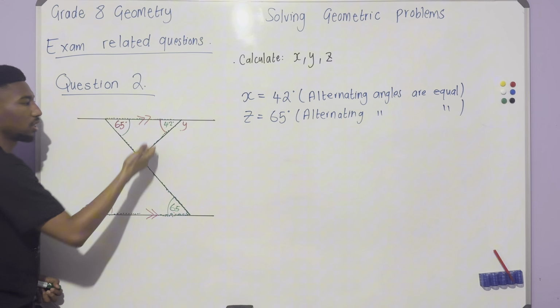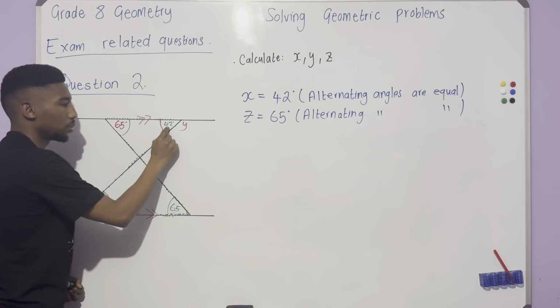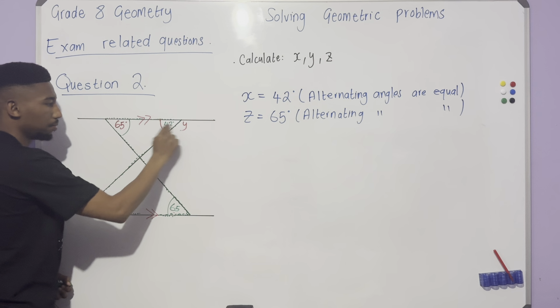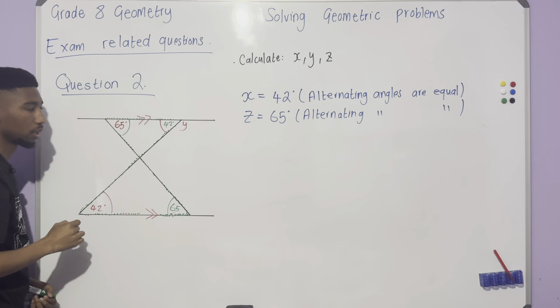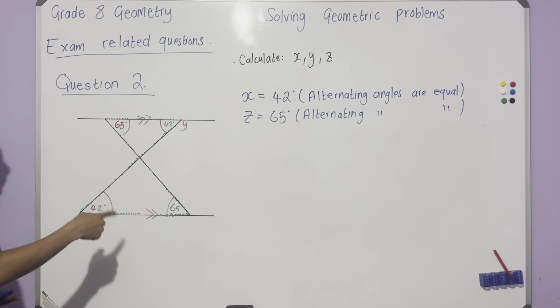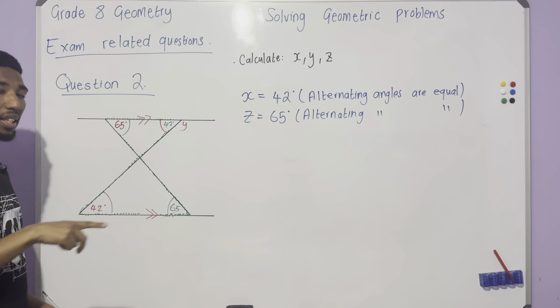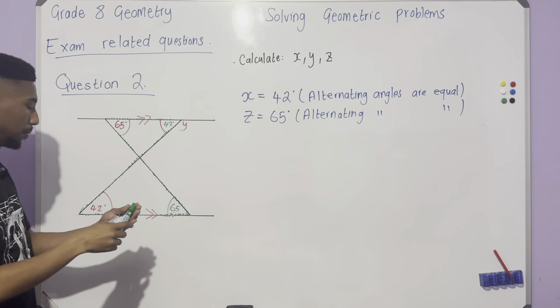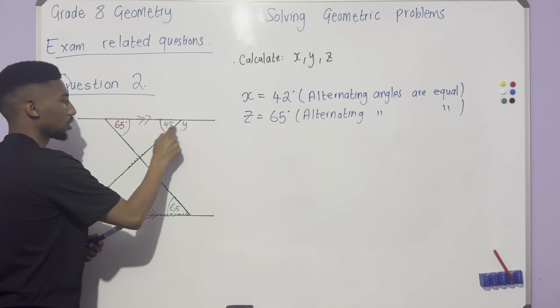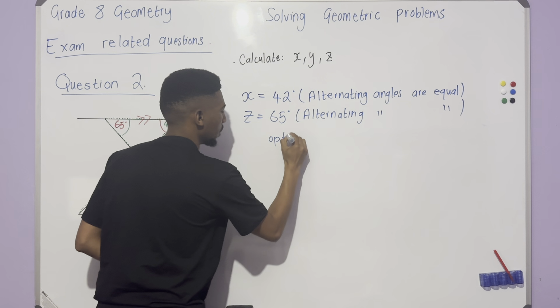Okay, firstly, you can see that this is a straight line, so Y plus 42, those are two angles on a straight line. So you may add Y plus 42 and equal that to 180. Okay, and you may do your answer like that as well. Okay, so these are two angles in a straight line. Okay, option number one